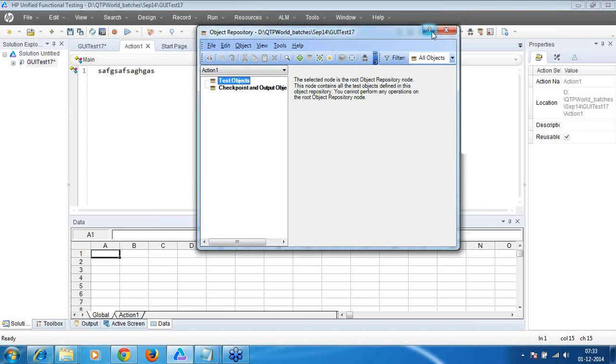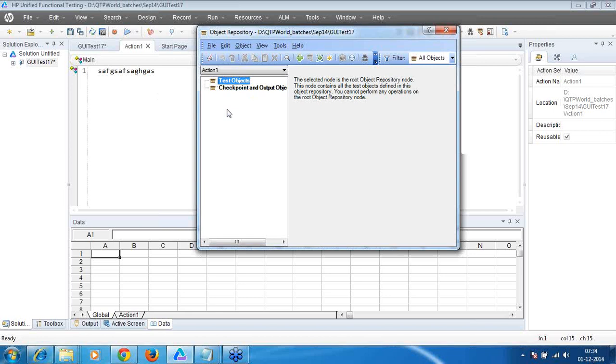Okay, the next thing is, as I said, the local object repository. It won't be a definition way. Local object repository is nothing but when we open a test, when we write a code and save it, it's called a test, and the objects which are stored here become local to that particular test. Okay, once I do that, you will be able to understand.